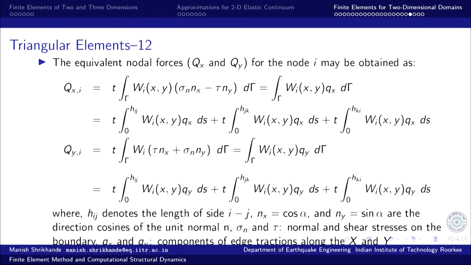Just take the projection along x and y, and those are the basic components. Once we have this, we can evaluate this integral very easily, if we can somehow convert this also into a function of s, and that we will do by